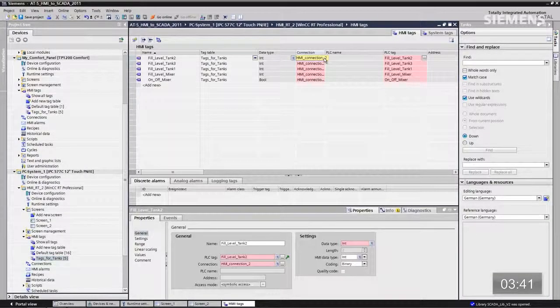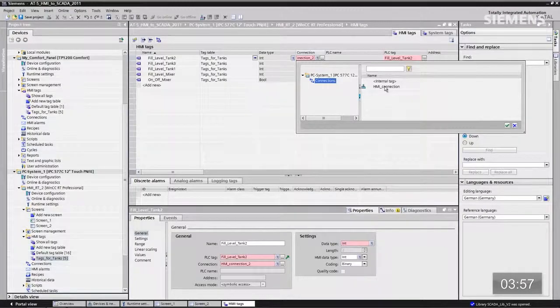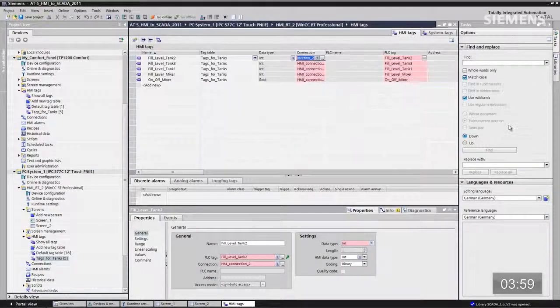They've highlighted the connections in red. So let's go mouse over that and just click on it and go show that. So basically what it's saying is we've already got this connection going to the HMI panel. We have to create a new HMI connection to the SCADA system. The software is so smart, it's actually telling us there's a problem and even gives us an option to fix the problem. So let's actually choose the HMI connection, click the OK button,